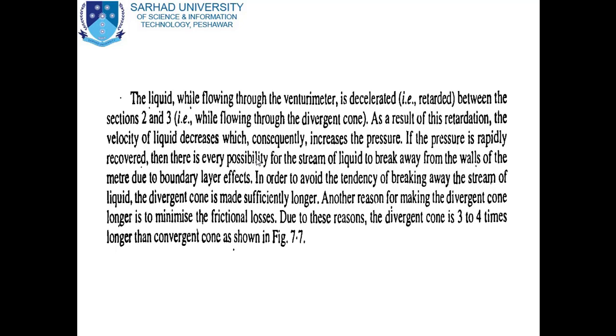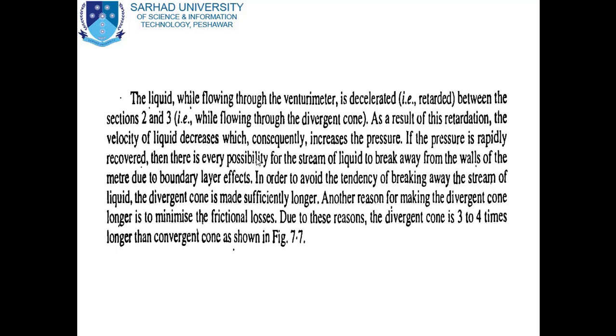The liquid, while flowing through the Venturimeter, is decelerated or retarded between the section 2 and 3, that is while flowing through the divergent cone. As a result of this retardation, the velocity of liquid decreases, which consequently increases the pressure. So as the velocity of the liquid decreases, the pressure of the liquid increases, and if the pressure is rapidly recovered,